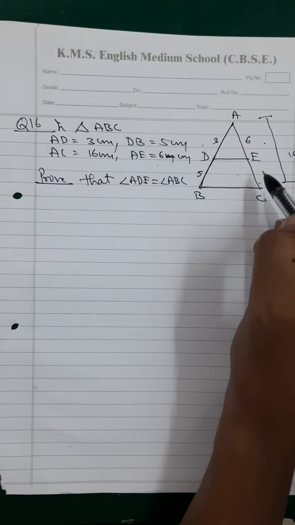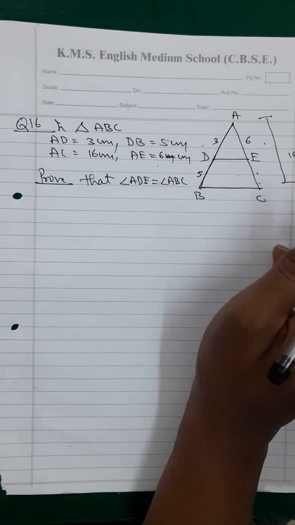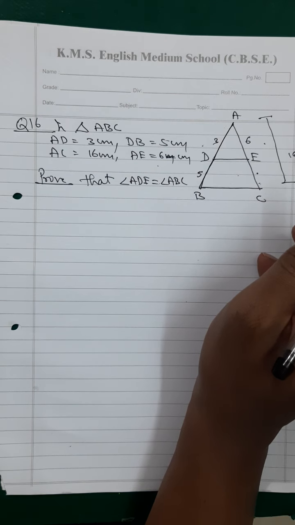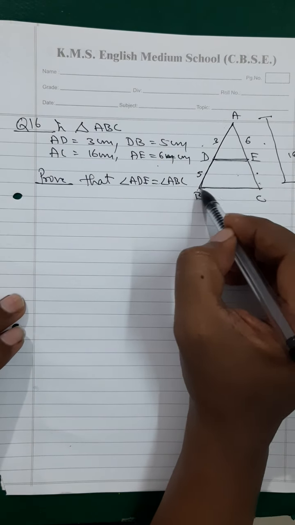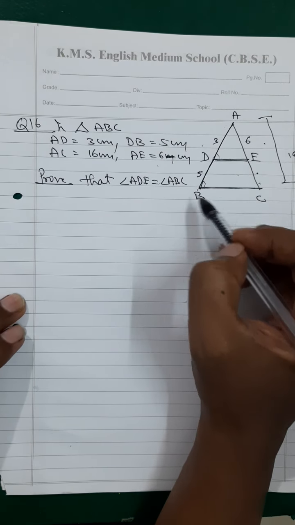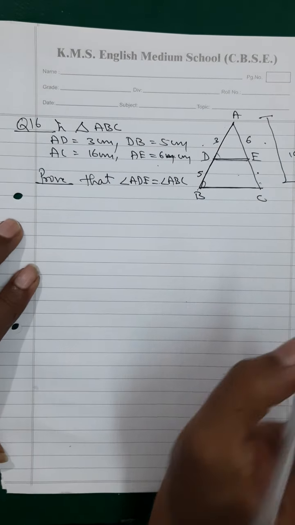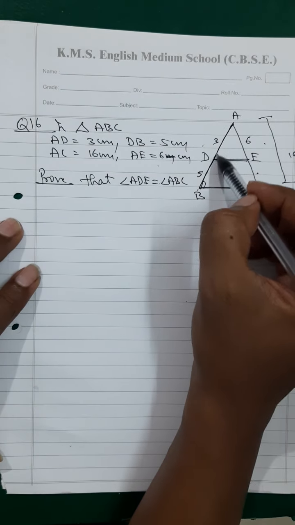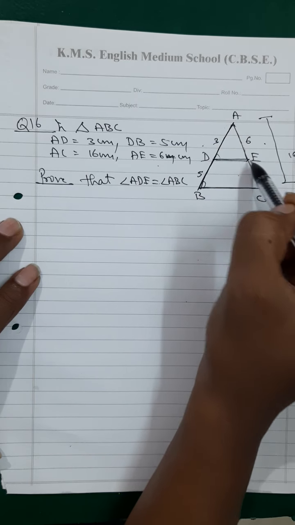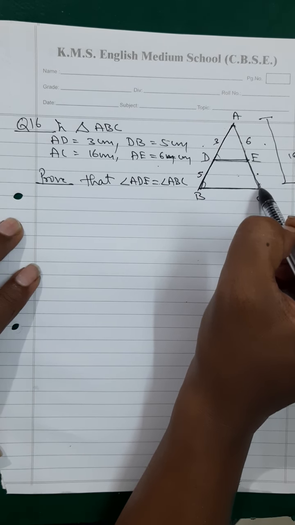So basically you will require EC. You can do it in any way, corresponding sides of similar triangle also you can go. But the easier way is converse of BPT. Prove this DE is parallel to BC and finish it off. These will be corresponding angles. But to prove this, basically what happens, you will have to prove AD upon DB is equal to AE upon EC. So, you will require EC.